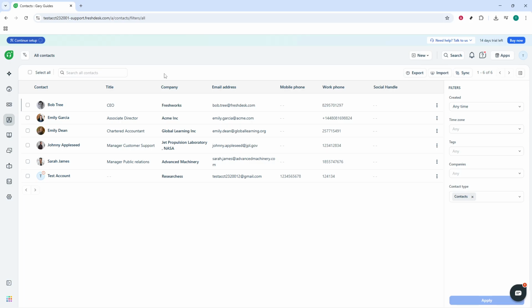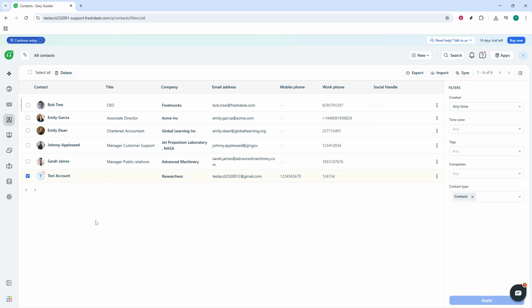Next, select the contact or contacts you want to remove. You'll see a checkbox next to each name in the list. Click the checkbox for a single contact, or select multiple contacts if you're doing a cleanup in bulk. When you select more than one, you'll notice an action bar or toolbar appear at the top, confirming how many records you've chosen. If you're working with a large dataset, consider filtering first, then selecting, so you only target the intended profiles. As a best practice, make sure the selected names, companies, or other visible identifiers match the records you